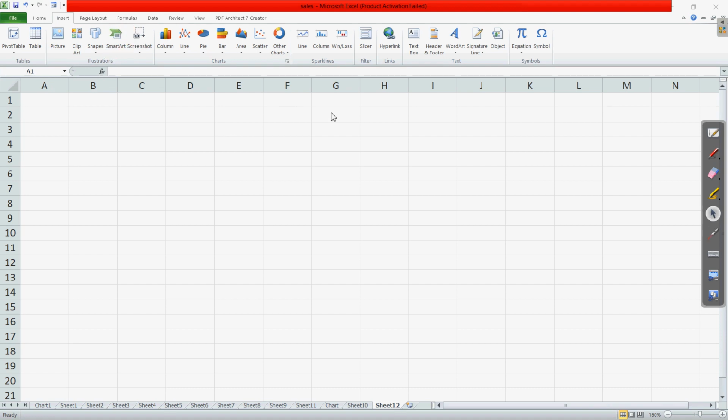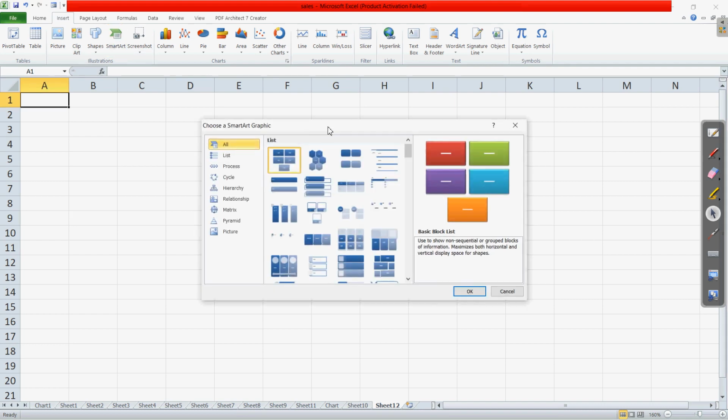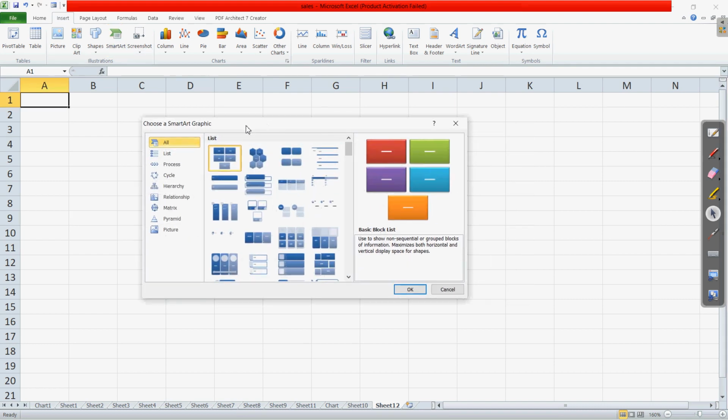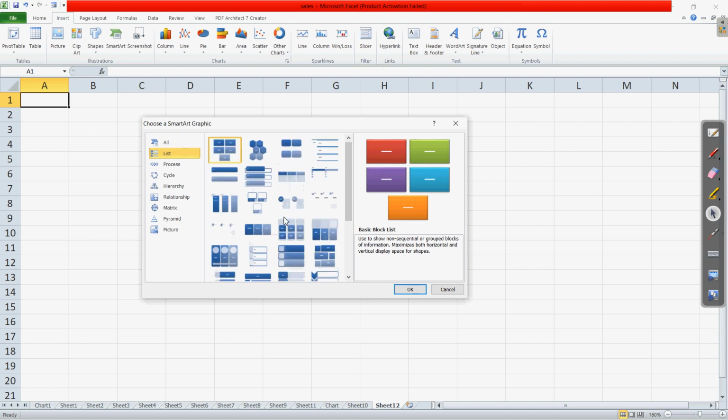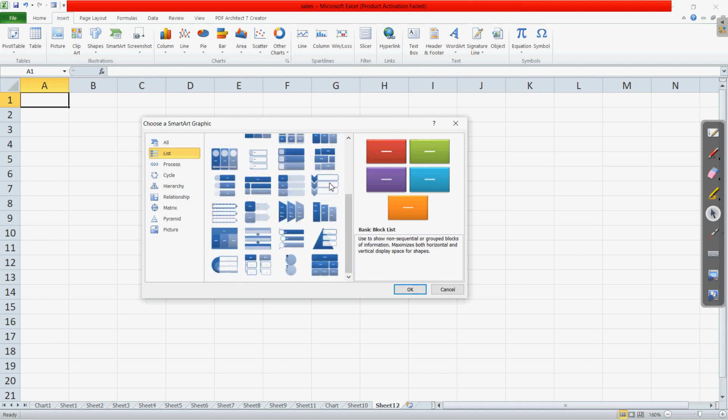Let us click on this. If I click on this SmartArt, we will get this dialog box, and from here you can see we have different types like list. And in these we have the different subtypes.